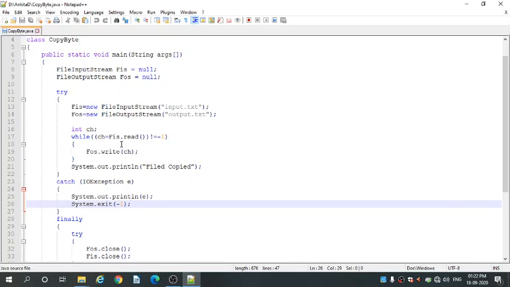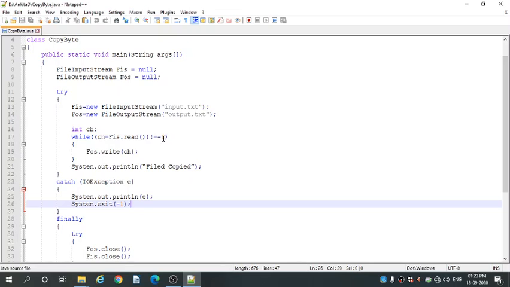Okay. So it will help to read the bytes from the input.txt file until the file ends. Okay. So ch = fis.read() != -1 means the read method is going to read the bytes from the input.txt file till the end of the file. -1 indicates the end of the file.